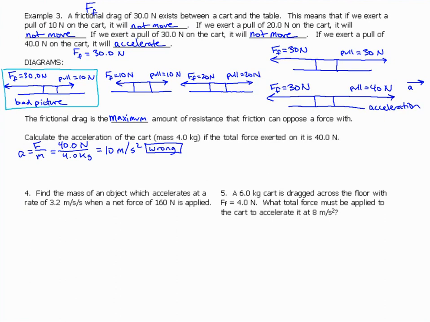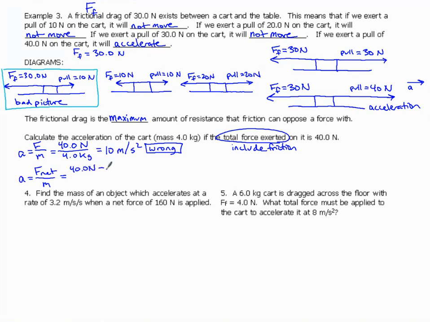Why is it wrong? The total force exerted is 40 newtons, but we have to include friction. So let's go back and try this again, but let's be a little more careful to pay attention this time. Acceleration equals the net force divided by the mass. And the net force, so really we're looking at this picture right here. So we have 40 newtons,